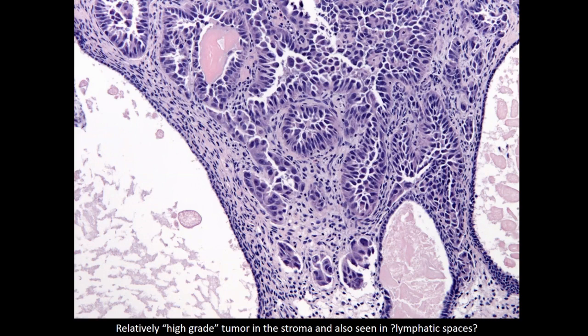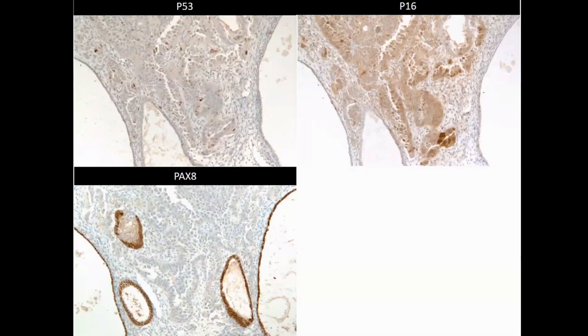And so I traditionally do some stains on the front end just to verify these things, because once bitten, twice shy, right? And so I do my immunostains and I'm getting my panel and I look at this and the P53 is wild type, which gave me great pause. P16, yeah, I did it. I'm not proud of it, but I did do it. And look, it's negative. And then I did a PAX8 and it was negative as well,